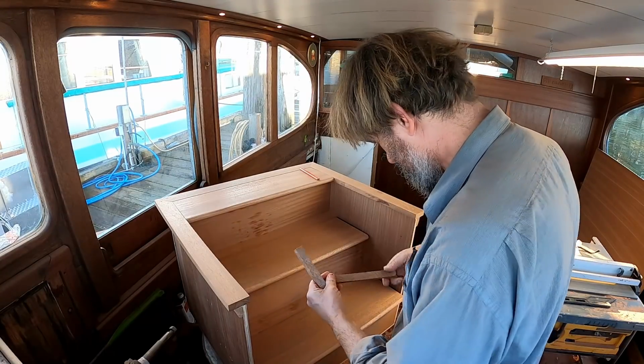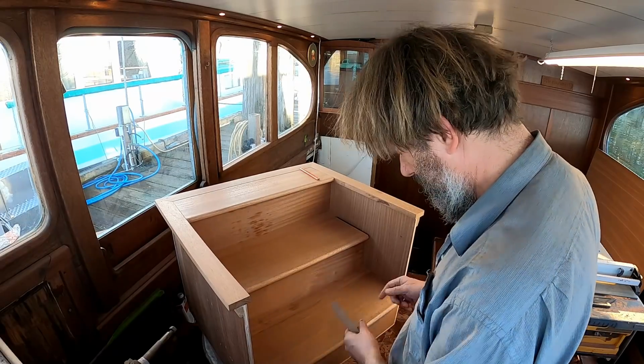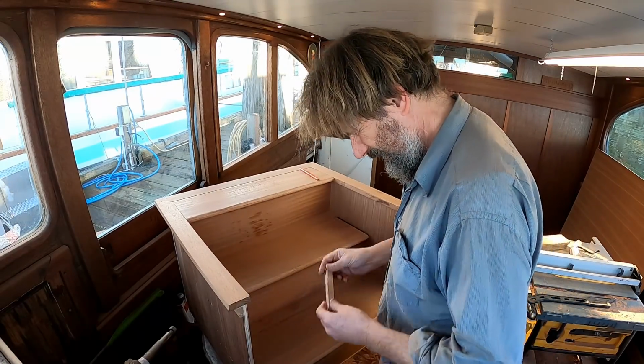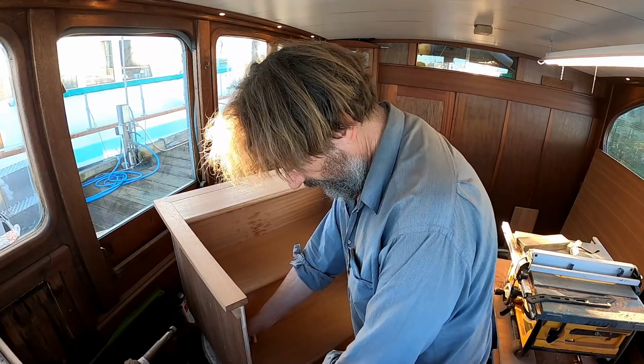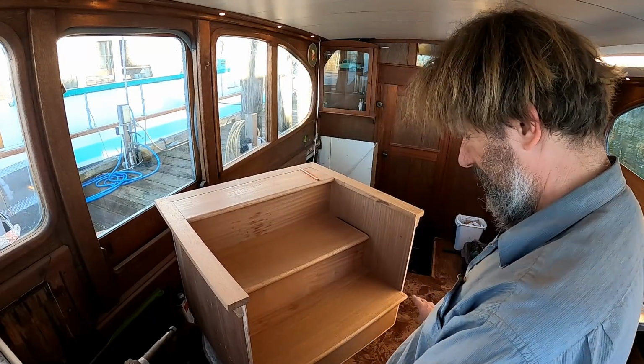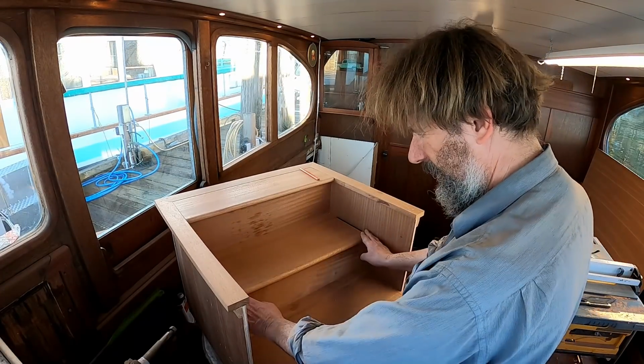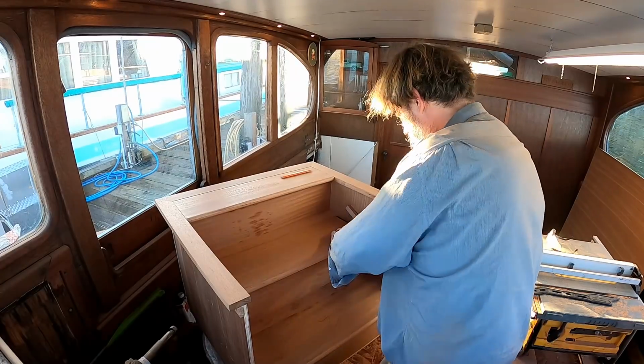Right, this one, that'll go in easy. Woohoo, just disappears. And this one, oh yeah, nice. A little snug at first, but that's okay because the sanding will look after that. But up here, and the next step,